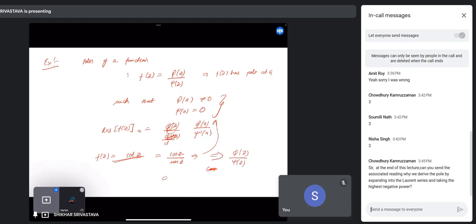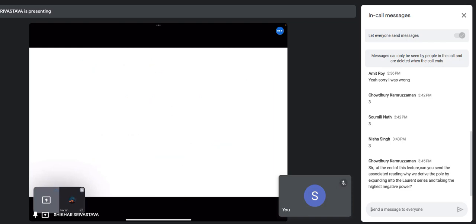Now here phi of 0 is nothing but cos of 0, which is equal to 1, which is not equal to 0. And psi of 0 is equal to 0. So you have this form where psi of a is equal to 0 and phi of 0 is not equal to 0. So in this case, your residue of the function